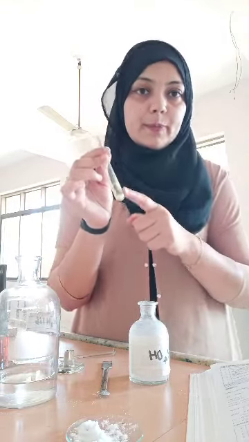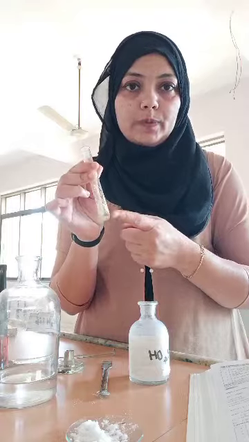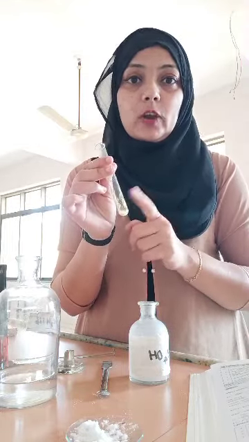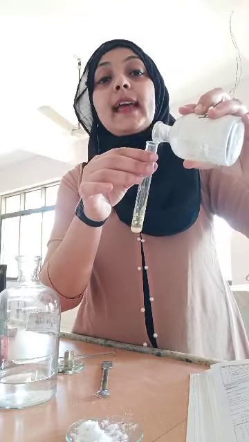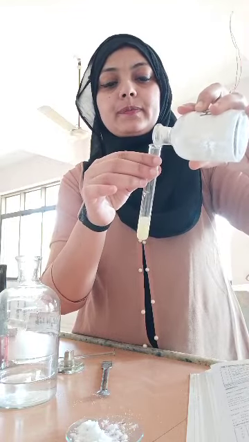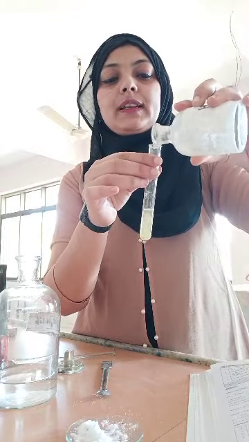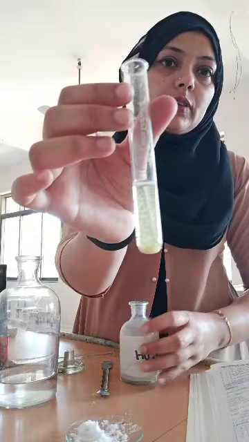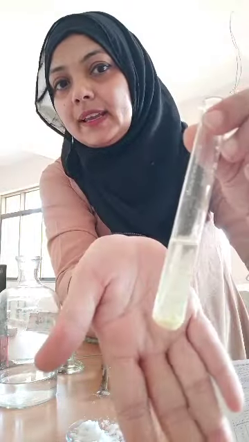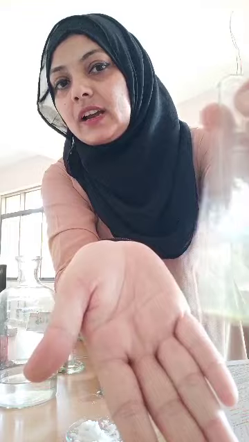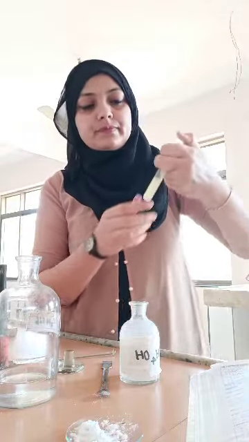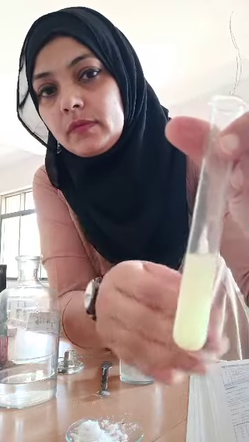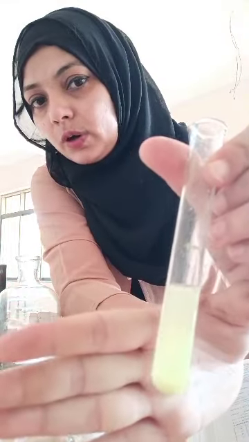Second test, take the precipitate which you obtained right now, yellow color precipitate, and add your ammonium hydroxide in excess. Excess मतलब बहुत ज़्यादा, मतलब पूरी टेस्ट ट्यूब नहीं भर देनी है. Excess means more. Now see, what is happening? Yellow color particles will start dissolving, but not all. Only few will be dissolved. Only few particles are dissolved.